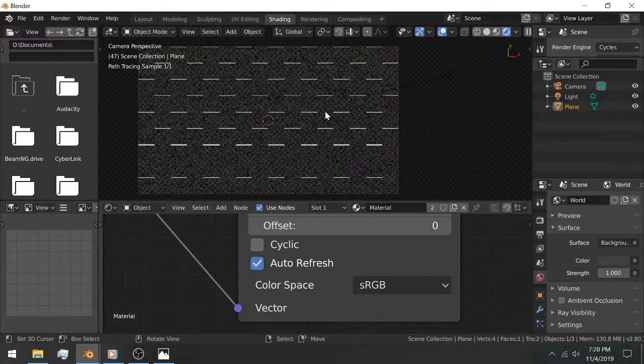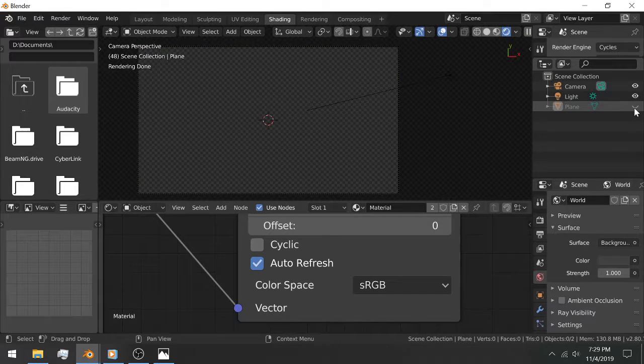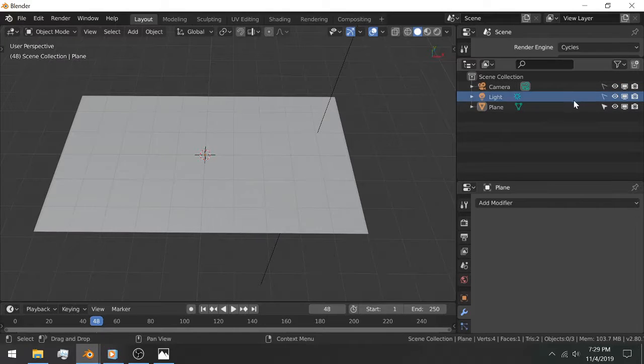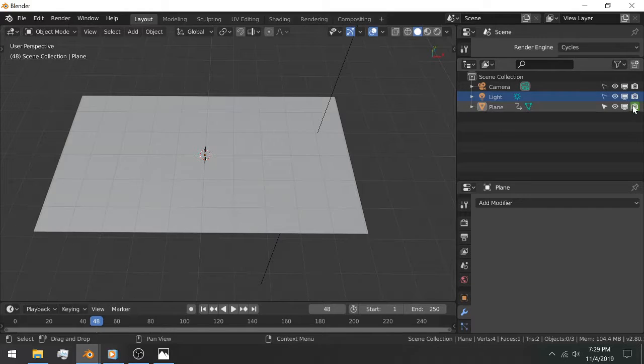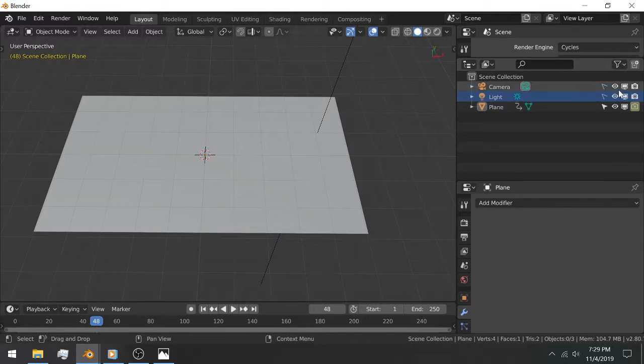we have a transition. Now, there is some aspect of this plane left. So after the last frame, you'll have to do a keyframe to make the plane not render. So to do that, I'm going to insert a keyframe on frame 47, go to frame 48, uncheck that, then insert a keyframe. In Blender 2.79, you could also insert keyframes